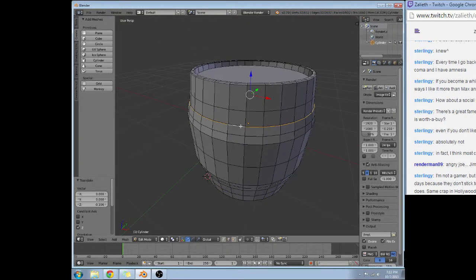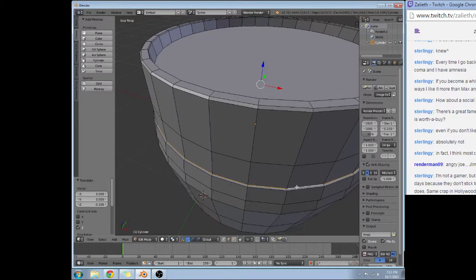Now we can go ahead and come in here. I think if we did